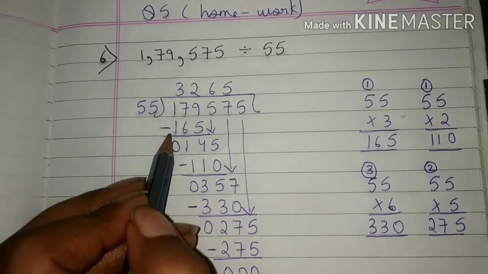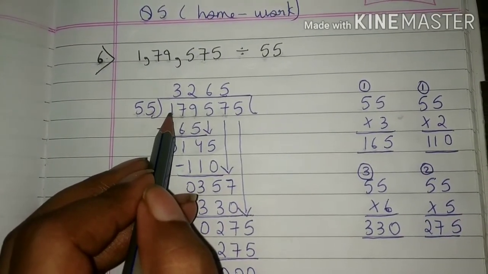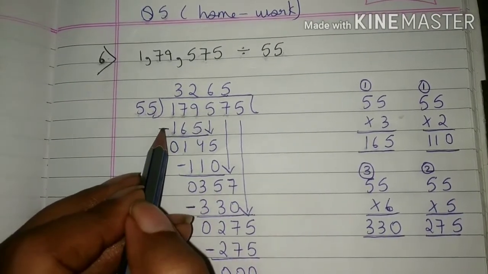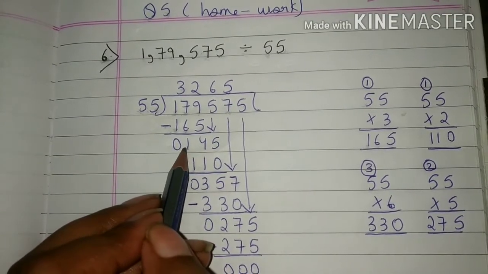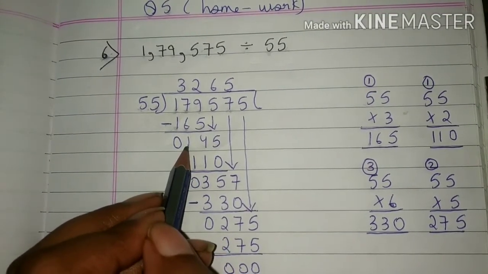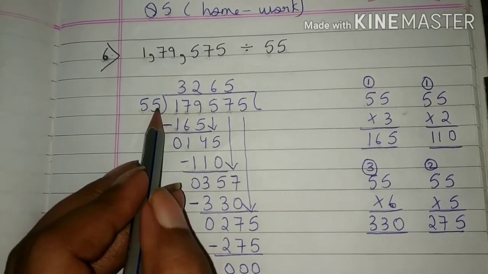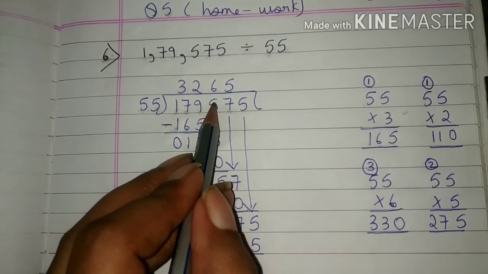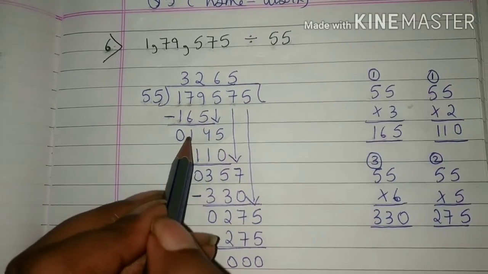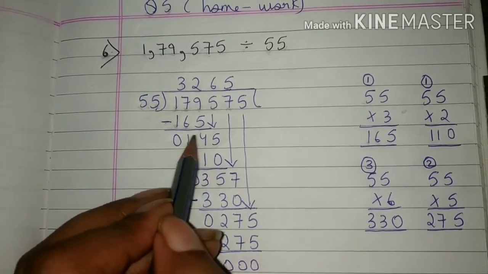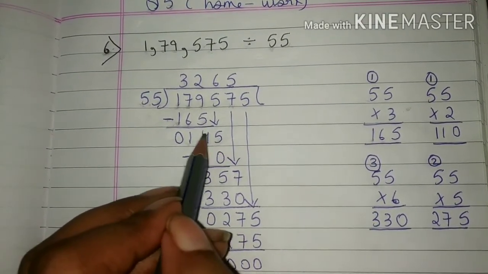Now we will subtract the number. 179 minus 165 will give 14. Students, 14 is smaller than 55. So we will carry down next digit, that is 5 here. Now number becomes 145. Students,